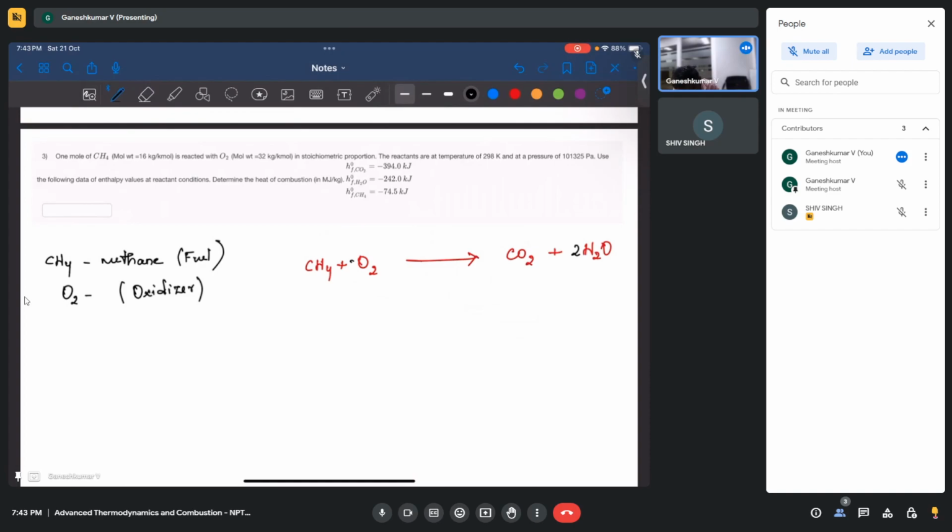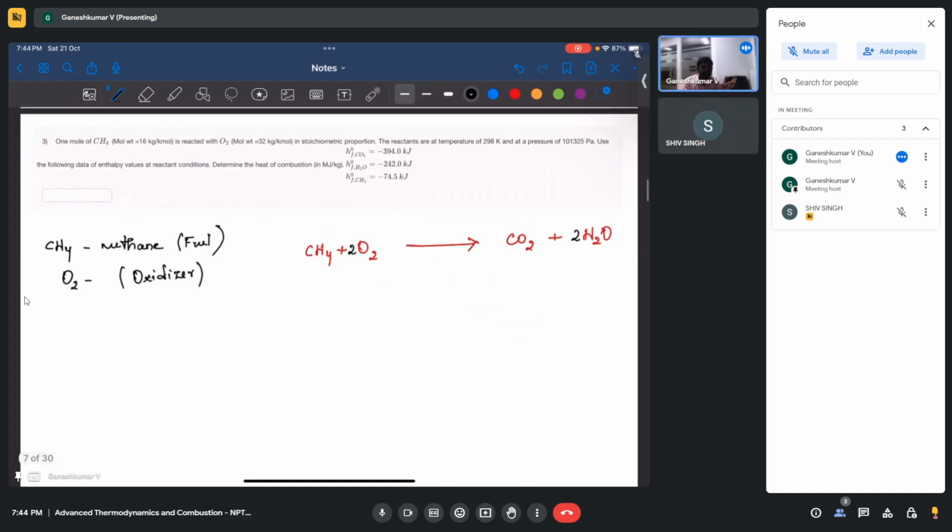So this is balanced. Now you have 1 mole of methane and 2 moles of oxygen giving 1 mole of carbon dioxide and 2 moles of water. Now upon doing this conversion, what is happening is